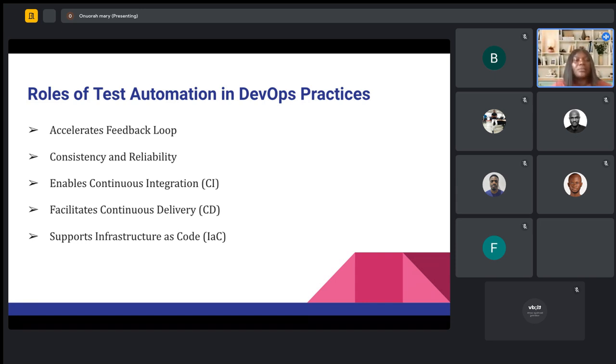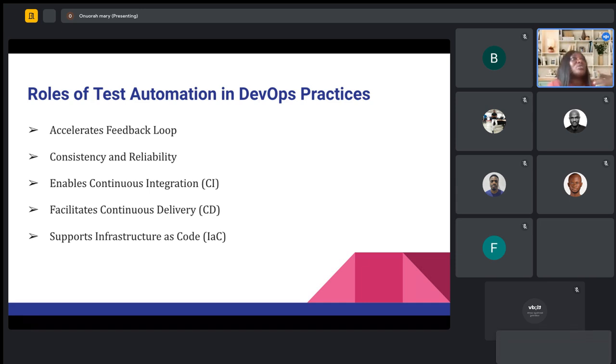The other one is it also facilitates continuous delivery. So test automation facilitates continuous delivery. And what is continuous delivery? Continuous delivery is an extension of continuous integration. What this means is ensuring that your code is at a deployable state at every point in time, right? So with test automation, you are confident that this deployable code is error-free or defect-free.